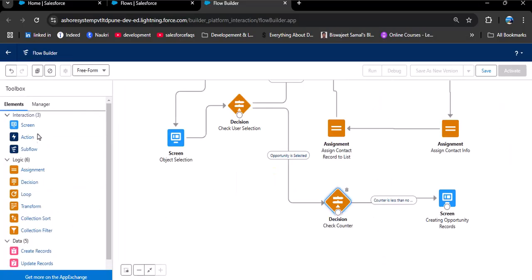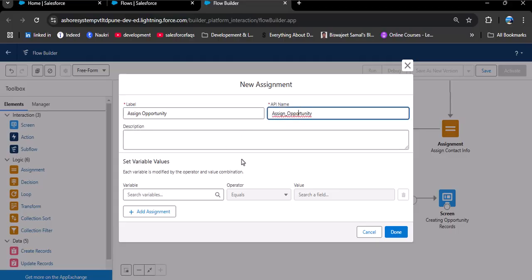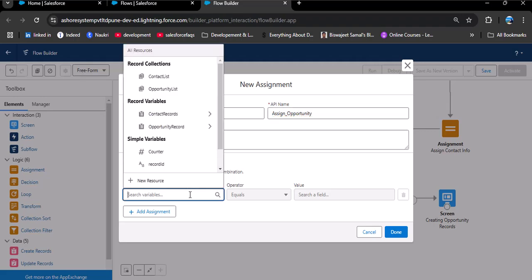For that, click on element, drag this and drop to the screen canvas. So here I am entering assign opportunity, API name will be automatically populated. Now we need to assign values whatever we are getting from the screen component to the single variable that we created, which is opportunity record. So in the variable here I am selecting opportunity record,